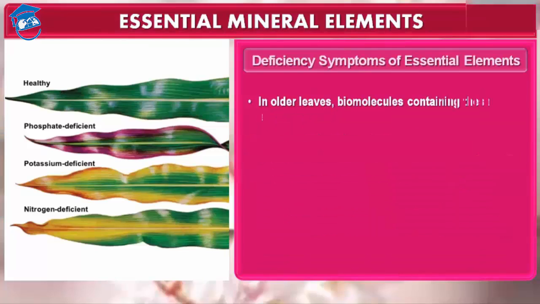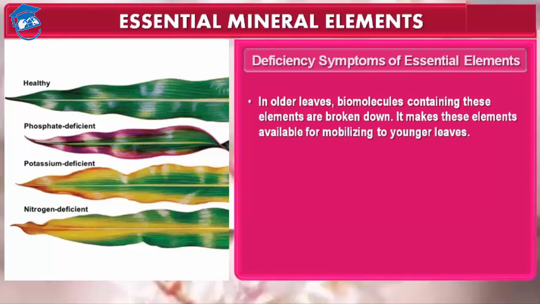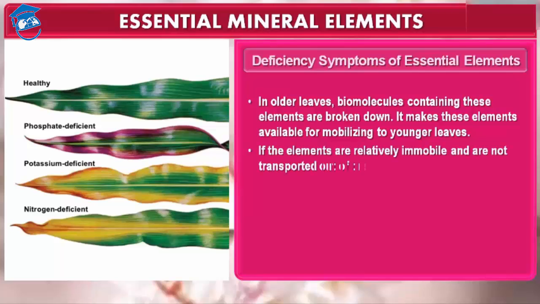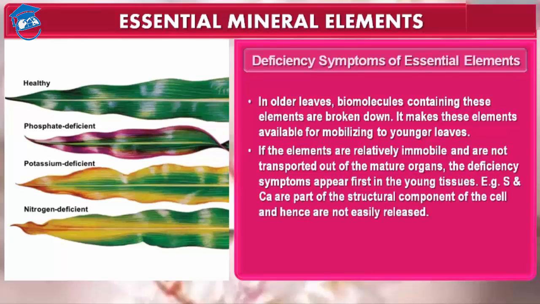So in older leaves, as I told you, deficiency symptoms of nitrogen, potassium, magnesium are visible first in the senescent leaf. In the older leaves, biomolecules containing these elements are broken down, making these elements available for mobilizing to younger leaves. Now the deficiency symptoms tend to appear first in the young tissues whenever the elements are